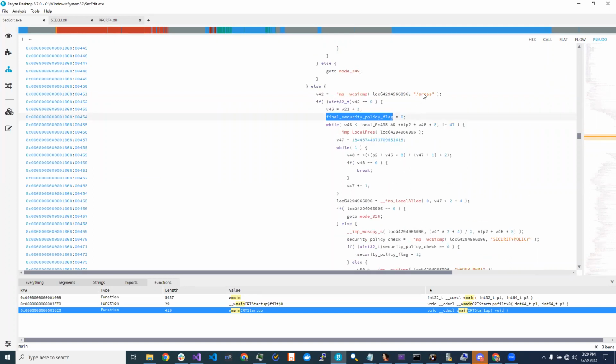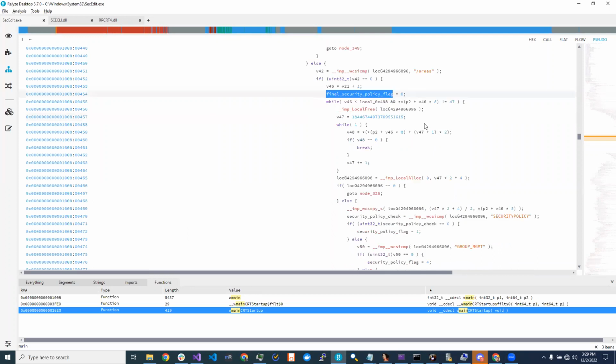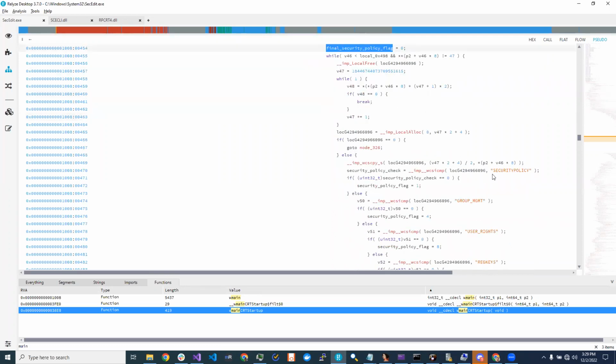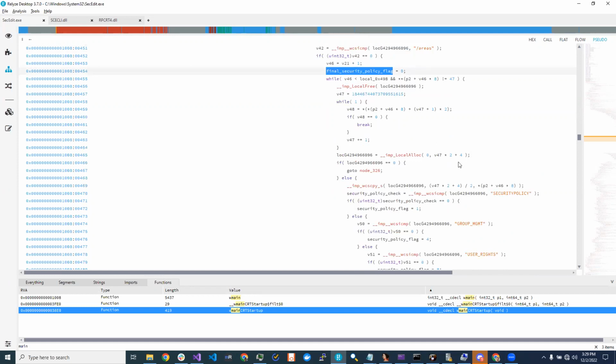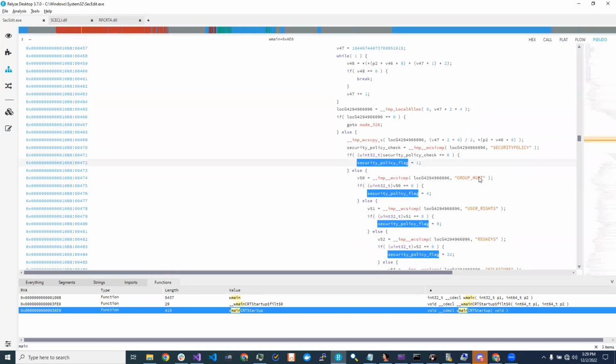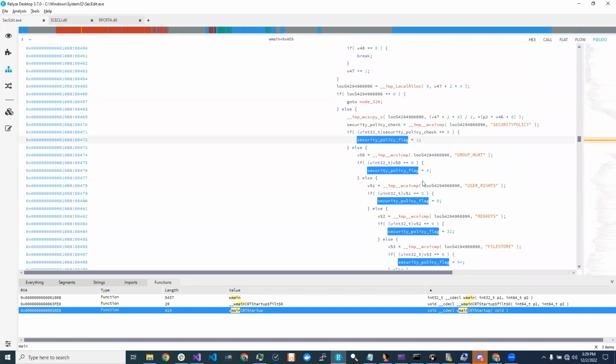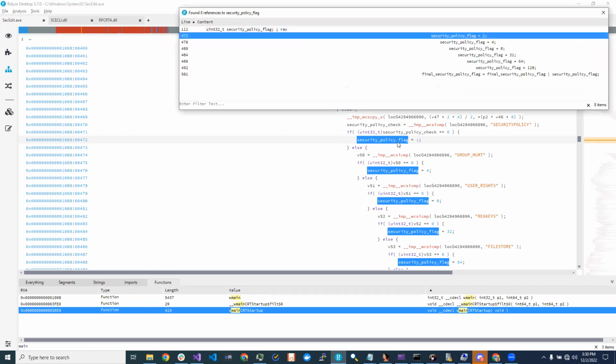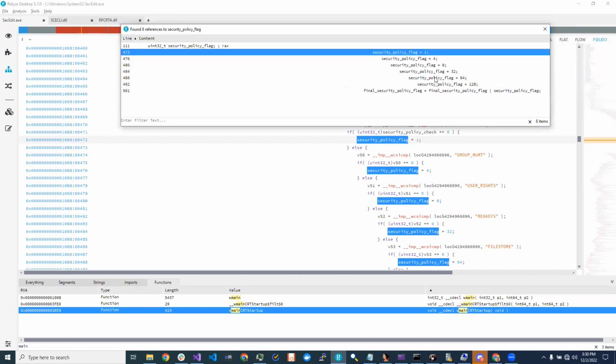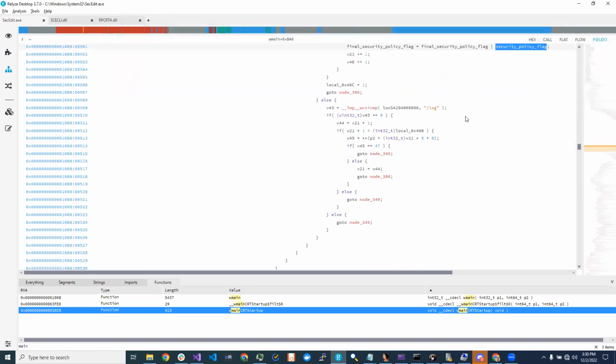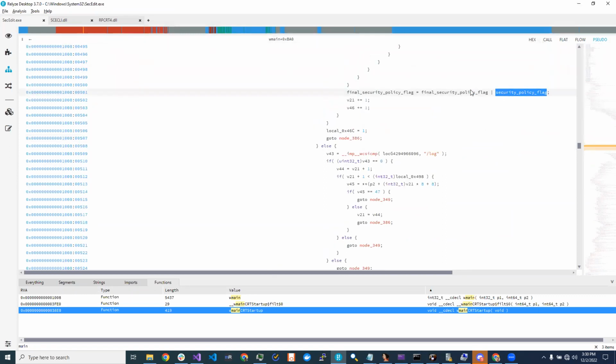So if we check the areas parsing, then we also provide the security policy argument, which is going to set the variable in question to 1. If we provide a different argument, different values will be set to this variable. As we provided security policy, the security policy flag variable was set to 1. If we track the usage of that variable across our code base, we can see that this value is being set to this new variable called